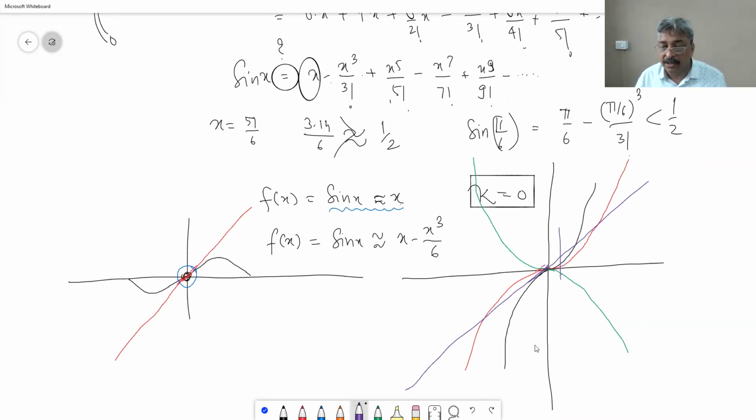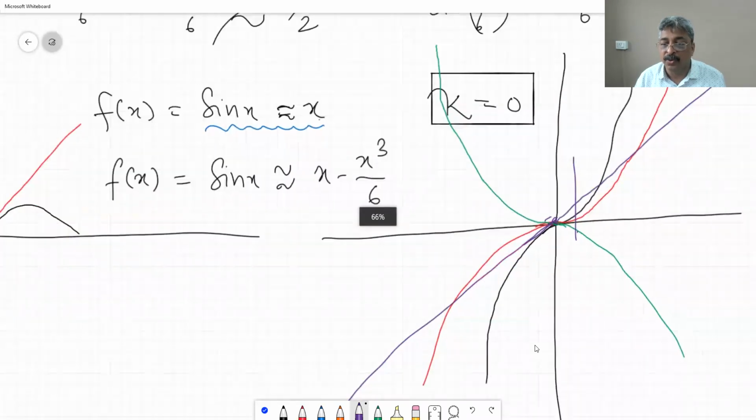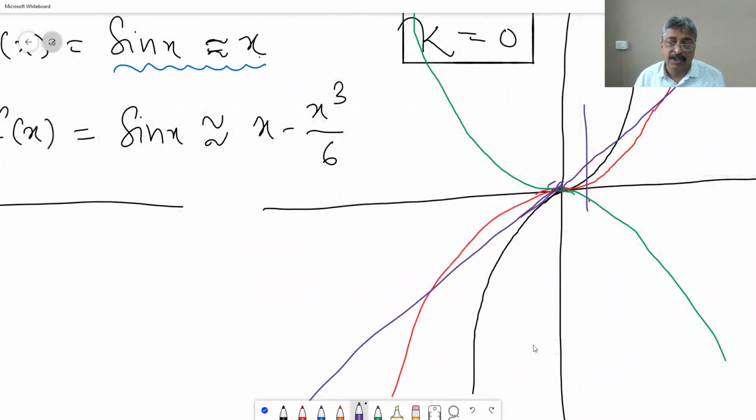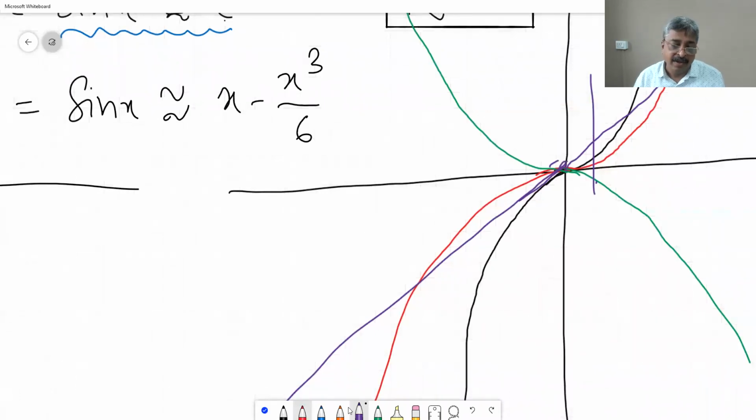Maybe let me zoom and show you what I am trying to tell you. Take a vertical line anywhere. Of course, this needs to be drawn to scale. I am just doing it just now, just like that. So if I draw a vertical line here, then this value plus this value is this value. If I do it here, something like this, and therefore near 0, it was not y is equal to x, but a little less than y is equal to x. It is going to be something like this.